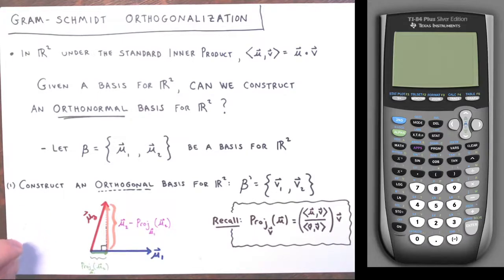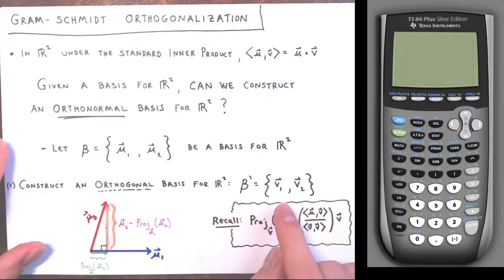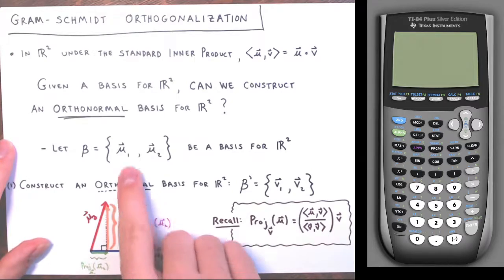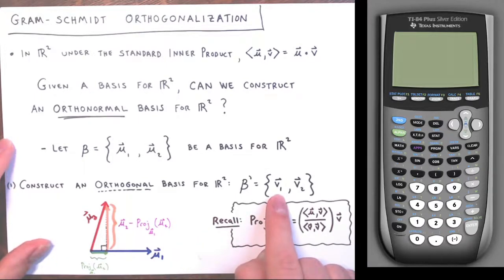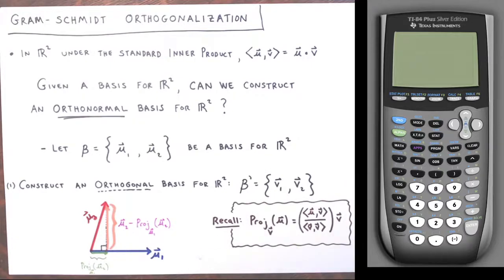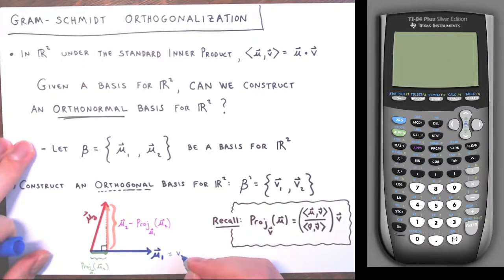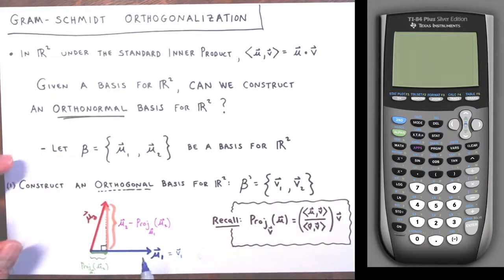Now in my last video, hopefully you've been following, I talked about the projection of one vector onto another. So if I just pick one of these, say u1, and keep u1 the way it is, I pick that vector to be one of my basis vectors. Let's say u1 is v1. So I'm going to have u1 be v1. That simple. Then I want to find a vector that's orthogonal to this vector, that meets it at a 90-degree angle,